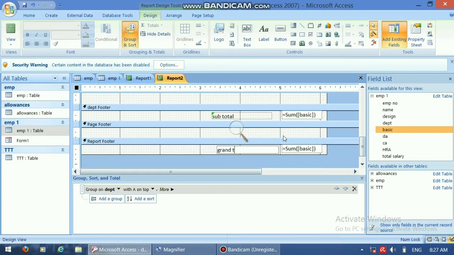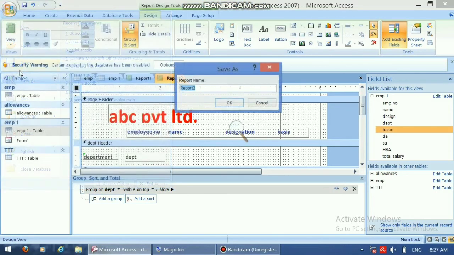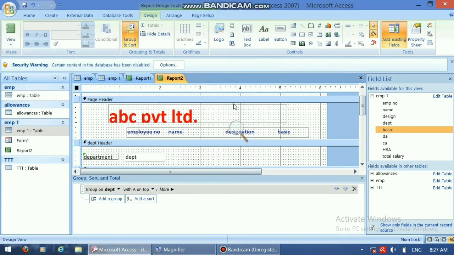And just save this report. You can give date and time also. Click on Save. Report 2 will get generated, and double click on this.